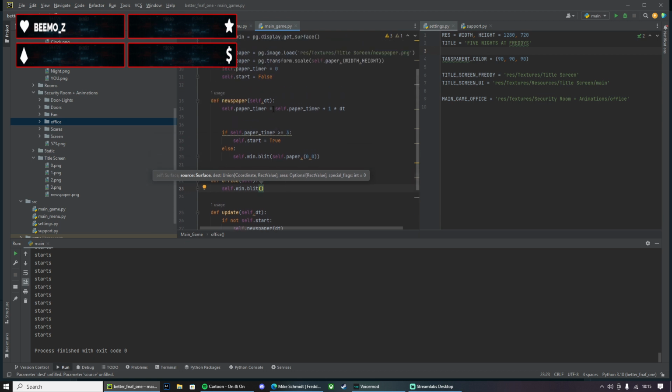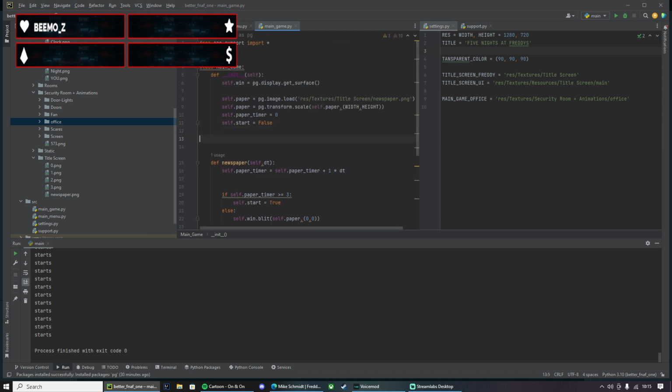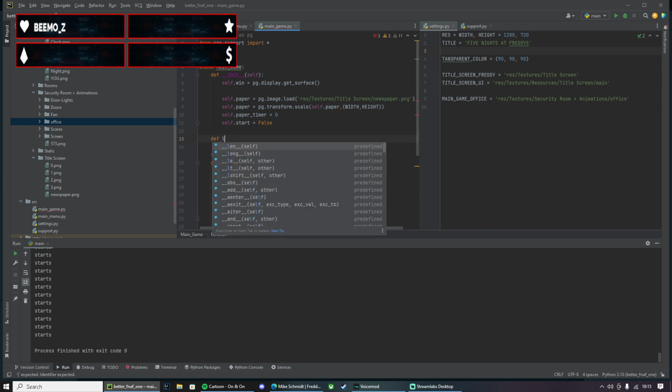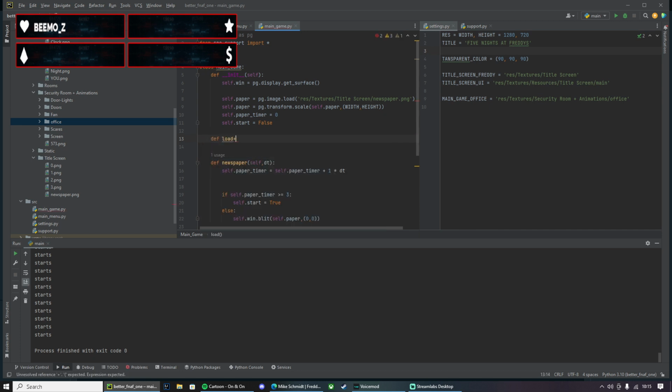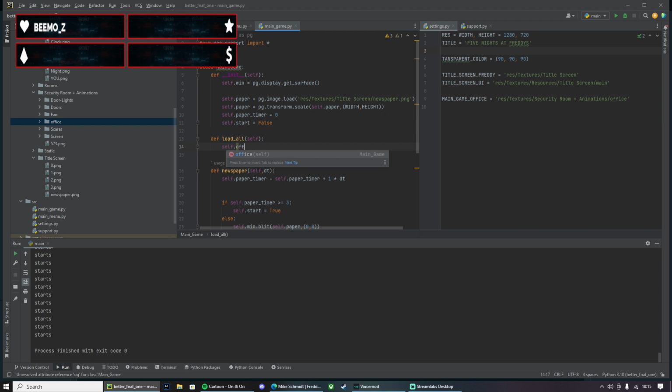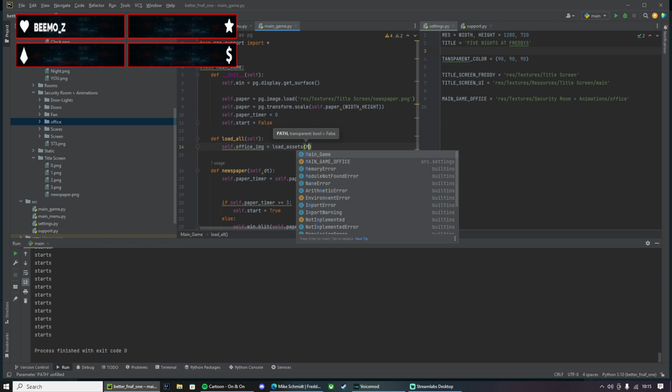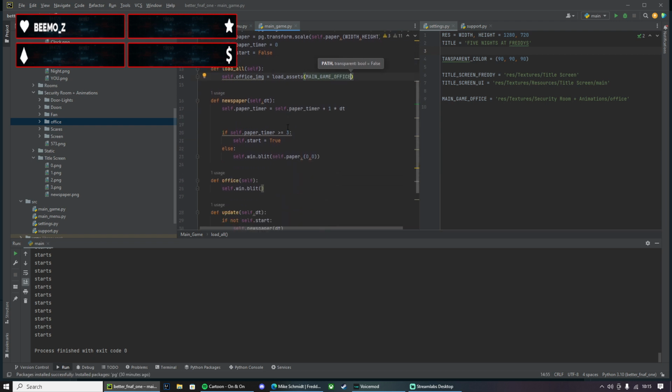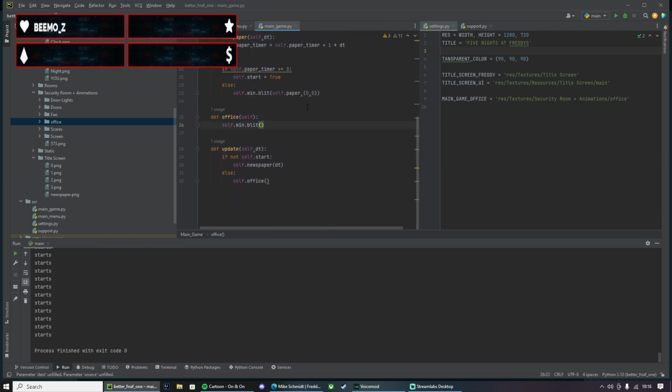Shit, no, we need to actually do the load everything. Load all, and this will have self.office img equals load assets, main game office. Easy, done and dusted.